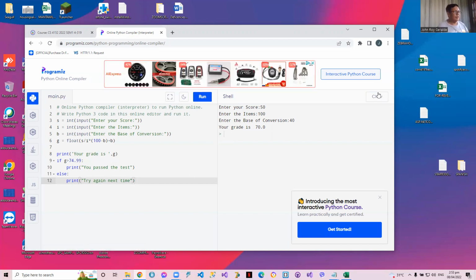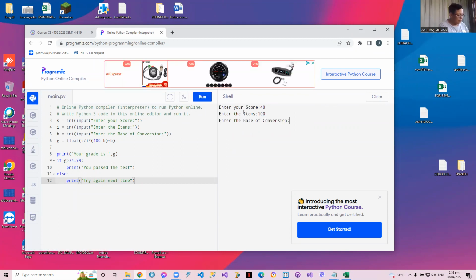So if we clear and then run this, we have 60, 100, and base 40. It declares 76 as a passing grade. On the other hand, if you have 40, then 100, I'm sorry, and the base is 40, your grade is 64, it's not passing. So that's branching. Now, if you are doing C++,